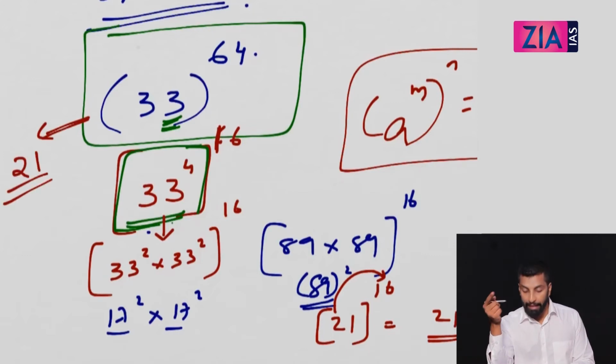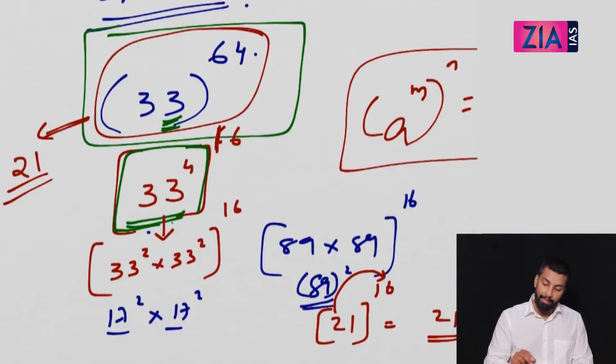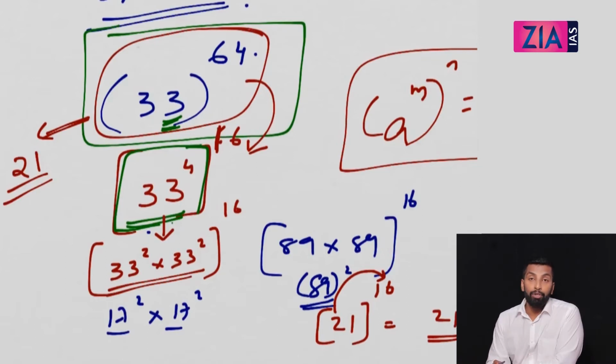Why? Let me go for a quick recap. I rearranged like this, 33 raised to 4 raised to 16. So total 64 is covered. Then I wrote it as 33 square. And to find the last two digits, I need only last two digits. So 33 square last two digits will be equal to 17 square last two digits. So I am taking the last two digits of 17 square, that is 89. 2 times 89 is coming, right? So 89 into 89, that is a bigger number, but I don't want the complete number. I need the last two digits only. But 89 square last two digits will be similar to 11 square last two digits. That I know is 21.